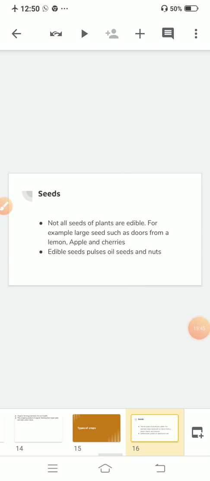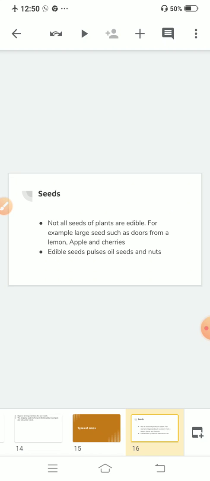Okay. Now next topic is types of crops. Crops are plants which are cultivated by humans for food, fodder, fiber, flowers, timber, etc. Okay, there are different types of crops. More than 2000 plant species are present in today's environment, which we cultivate for our eating purpose. Following parts of the plants are eaten as food.